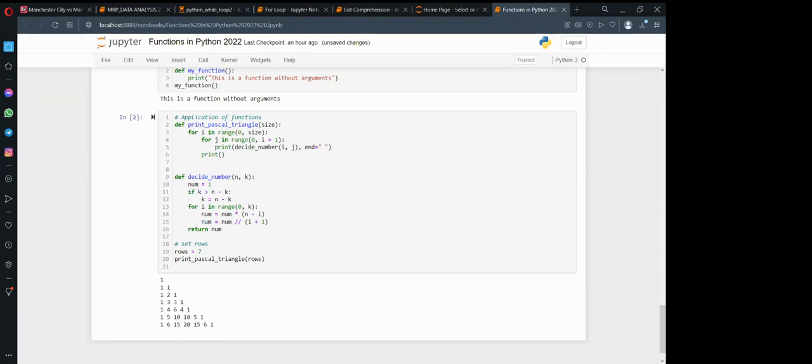Let's say this one is going to print the Pascal triangle and we have its size. So for I in range, 0 to size, for J in range, 0, I is equal to I plus 1, then print the decimal number.